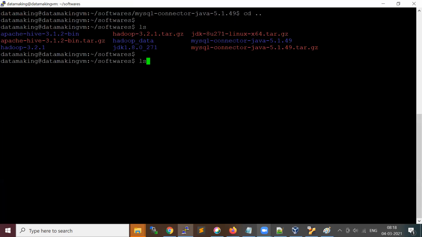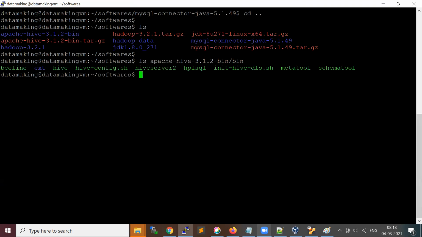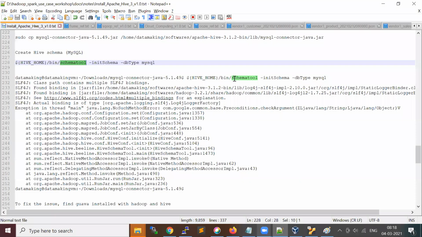If you look at Apache Hive/bin, you see the schema tool. If you run the schema tool, it will actually create the respective tables in your Metastore database to store the metadata. And when you run this, you need to provide what DB type you are using.